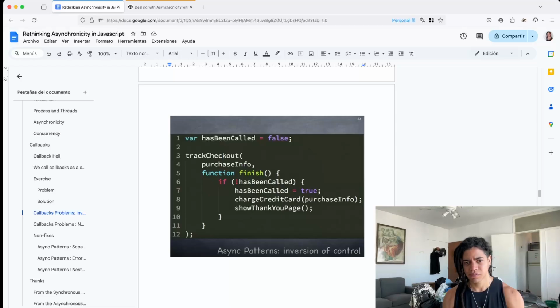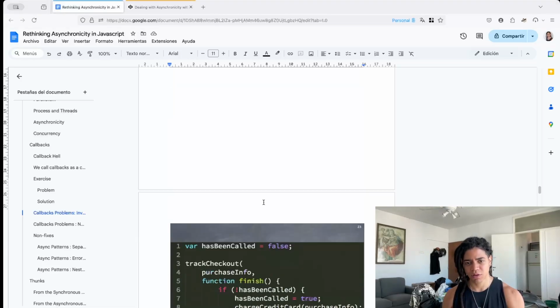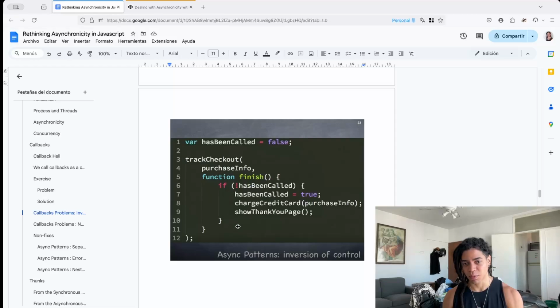So what happens if they never call a callback here? Oh my God. What happens if they never call this continuation of the program? What will happen there? Do we have any code in there for that? Nope. So now you're starting to panic, like,